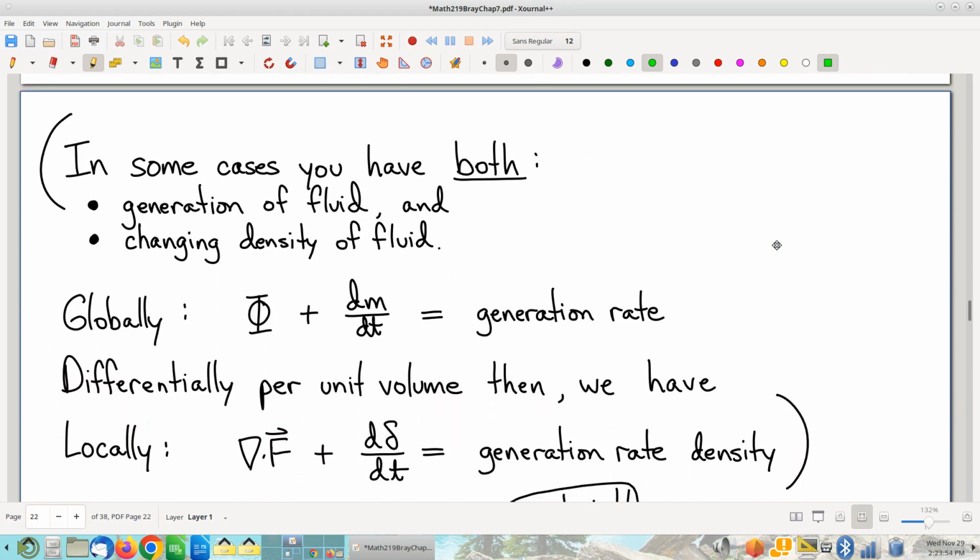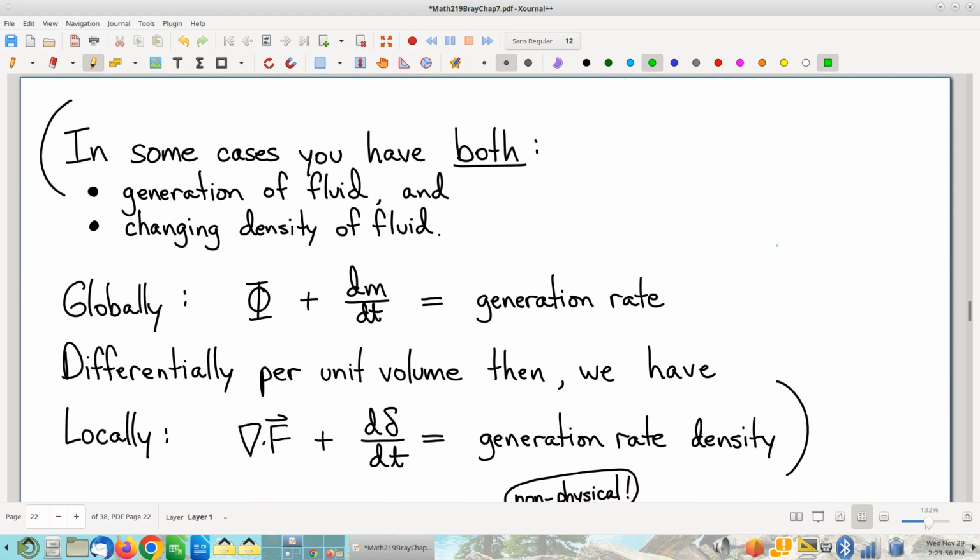Real quick, and I don't want to get bogged down in this, it's a total tangent. In case it might be helpful at some future point when you're doing something with fluids, there are some fluids where both of the things are changing. And the way you can make sense out of that, here's the way I like to think about it anyway, is that given your region,